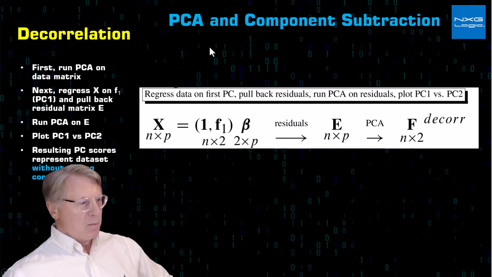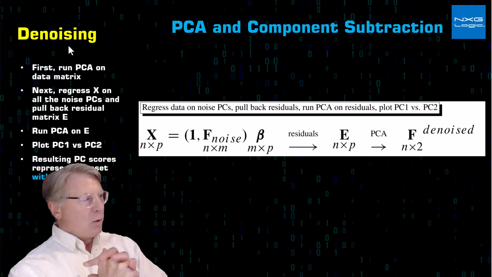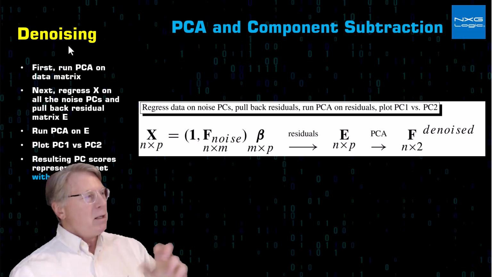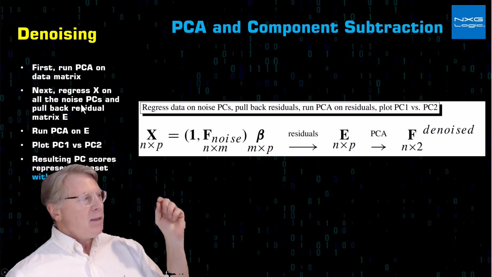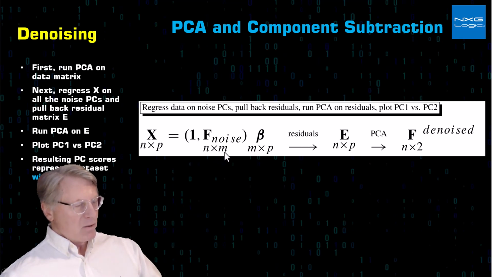So this is the process by which Explorer generates PC plots or PC score plots for decorrelated data. Now for denoising, Explorer will come along and run PCA on the data matrix again, and then next regress X on all the noise principal components and pull back the residual matrix E. So now you have the noise components, which are n by m, there are m noise eigenvectors out of the matrix,